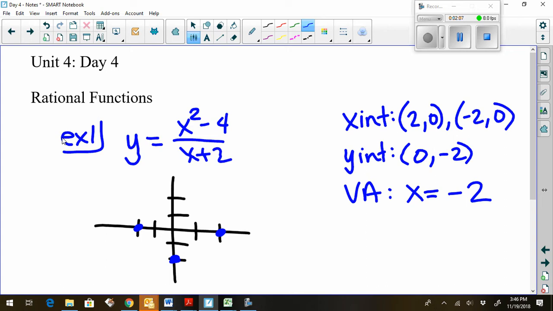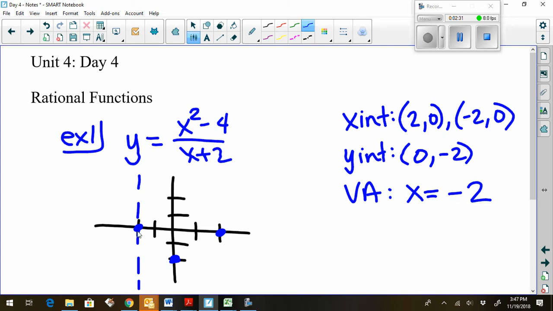But I also have a vertical asymptote when x equals negative 2. So remember, that's a vertical line. That's why it's a vertical asymptote, at x equals negative 2. So if I draw my vertical asymptote,